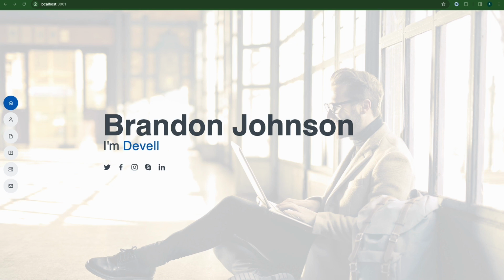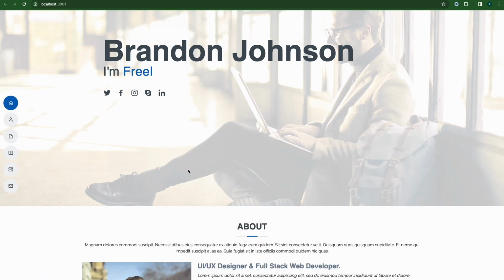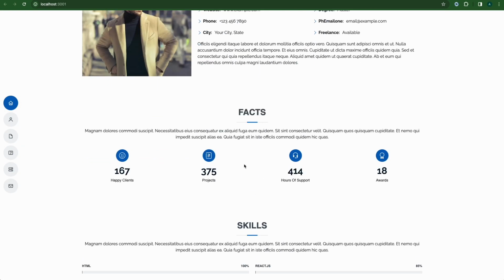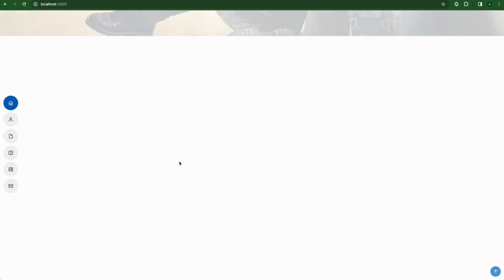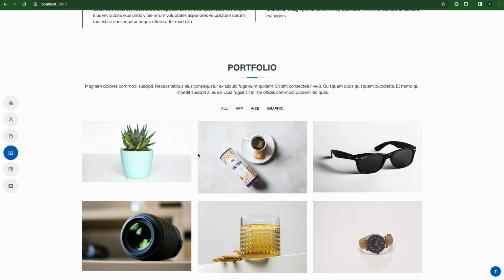My name is David. Today we're going to continue our personal profile website. In the previous section we have finalized the hero part, and also we have done the about section, the facts section, the skills section, and the resume section. So in today's tutorial we are going to continue this project by building the following portfolio section, which is also